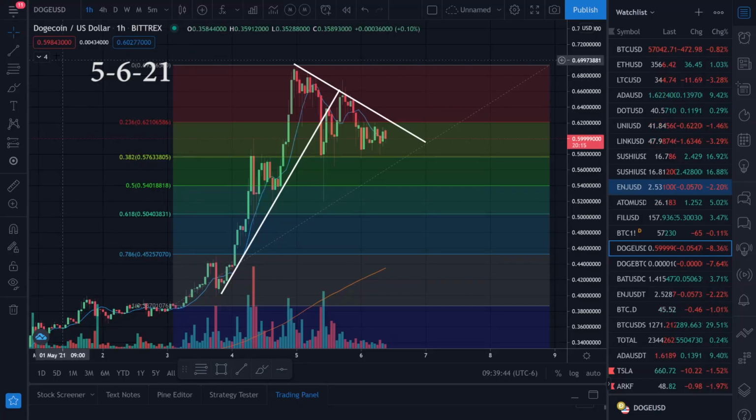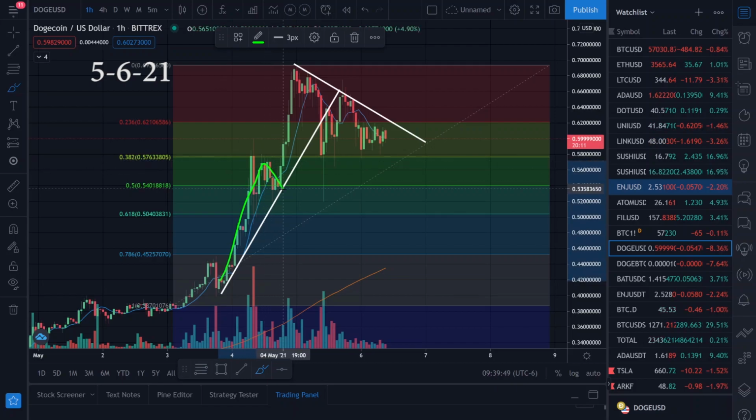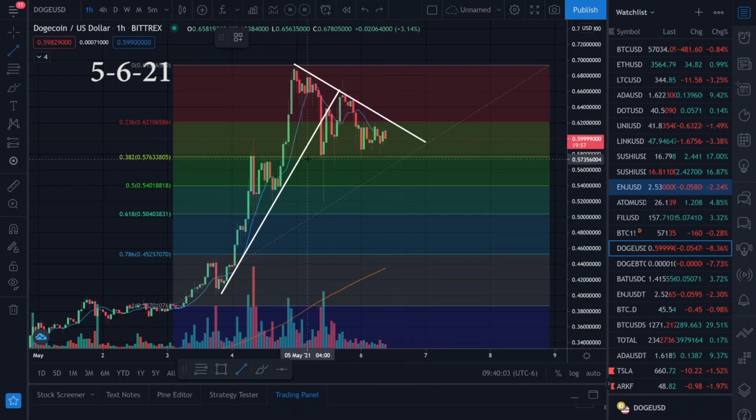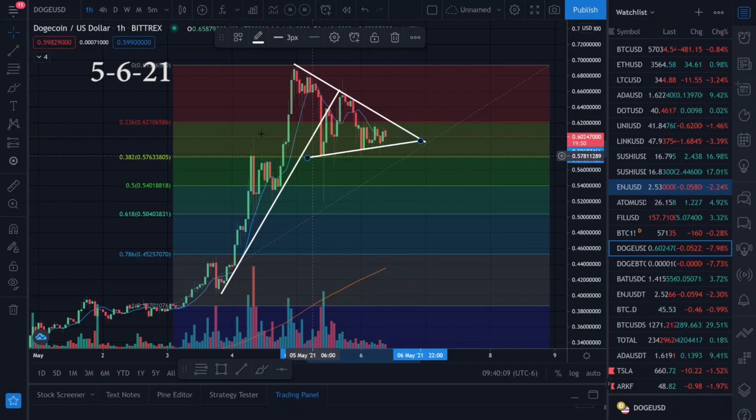Let's take a look at the chart action for Dogecoin. So in my last video, I was talking about how we had this trend line going like this. We were finding support on it, and we broke below it right here, and we've been trending down ever since. We've been finding some support in this area right here, though. It looks like we could draw a trend line going like that, and we're forming another sort of triangle pattern,